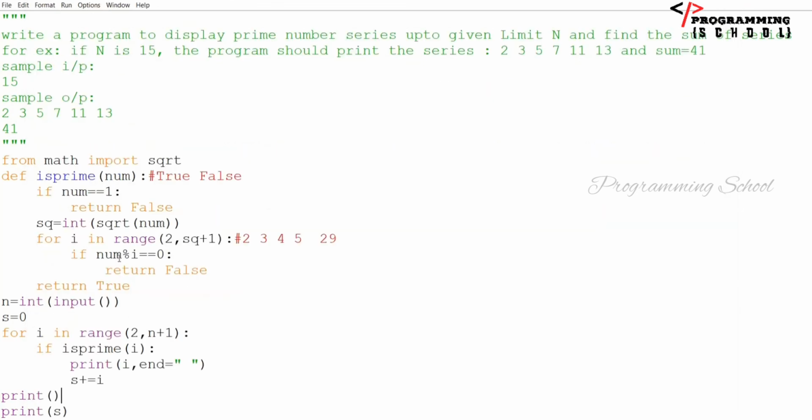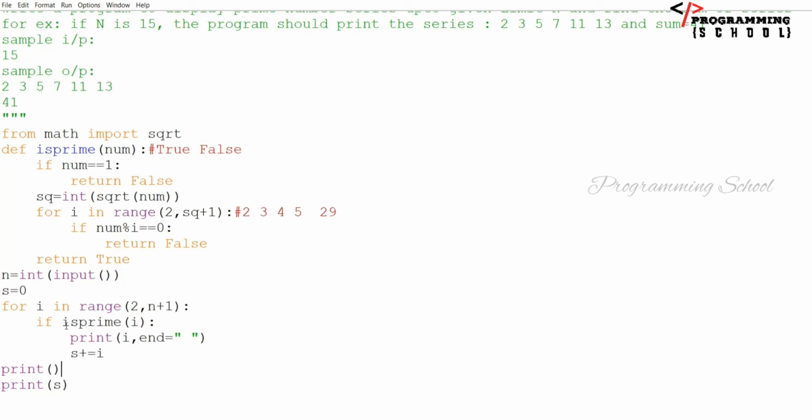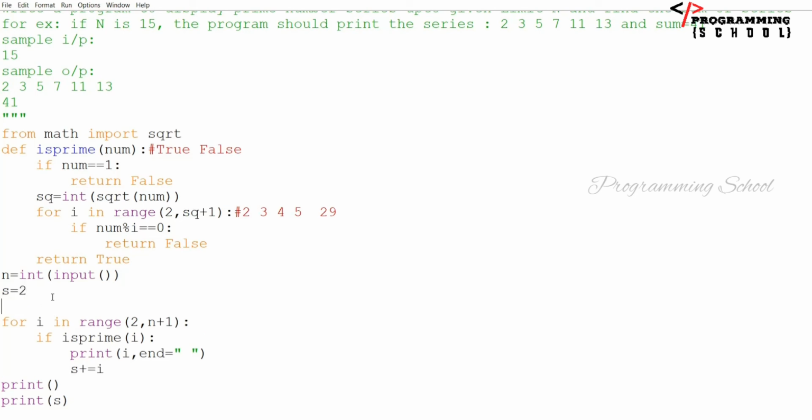Yes. But here, when we are checking whether any number is prime or not, there is no need to check even numbers. If the number is divisible by 2 or 3, then there is no need to check here. If there is any other number, then only we have to check it. I'm going to take 2 always and print 2 here, and I'm not going to check it. The loop is going to start from 3. 2 is an even number, but it is a prime.